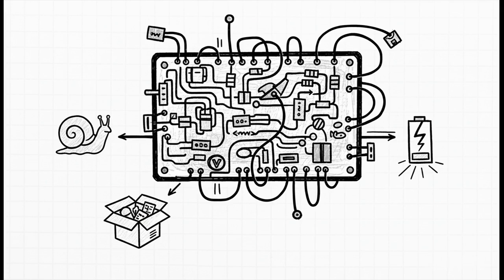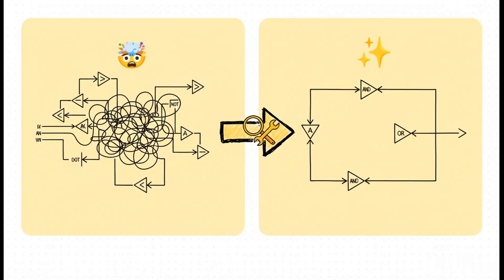So for technology to keep getting better, we have to make our logic as clean and efficient as possible. And this is where that Boolean algebra stuff comes right back around. So on the left, you've got this complicated, tangled mess of a circuit. But by using those grammar rules we talked about at the beginning, an engineer can simplify that whole thing down to the clean, elegant design on the right. Get this, they both do the exact same job, but one is just so much better. Faster, smaller, less power, it's a huge deal.